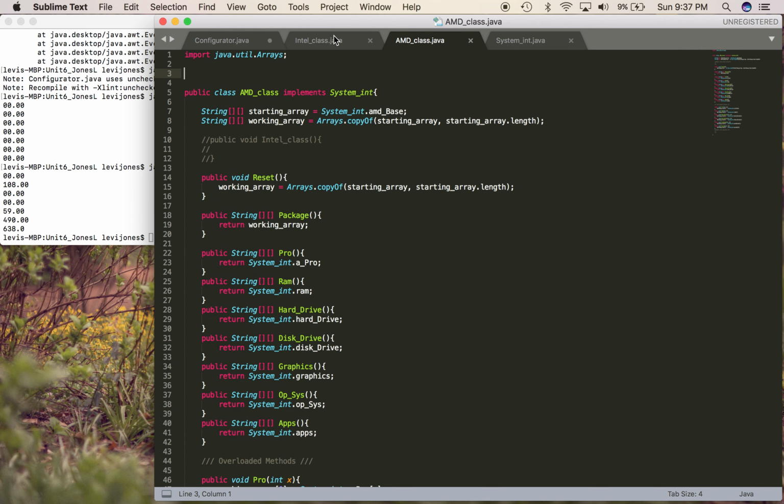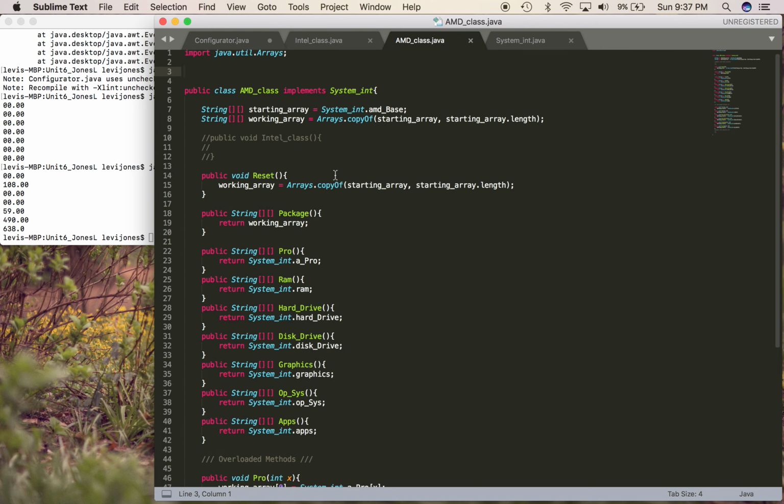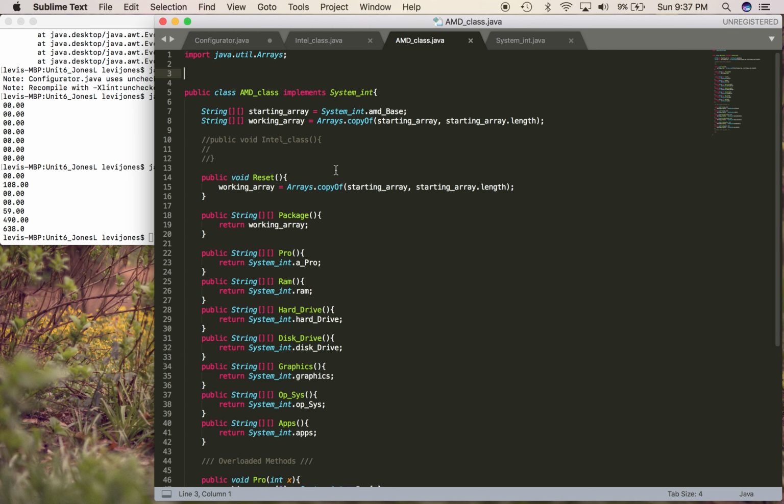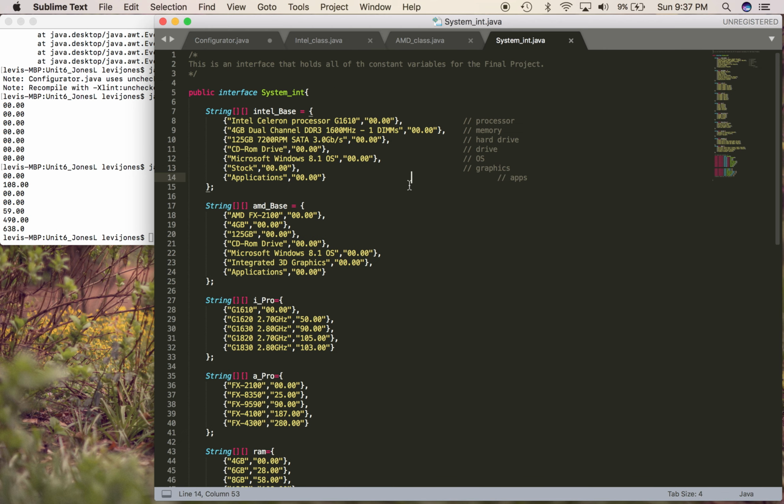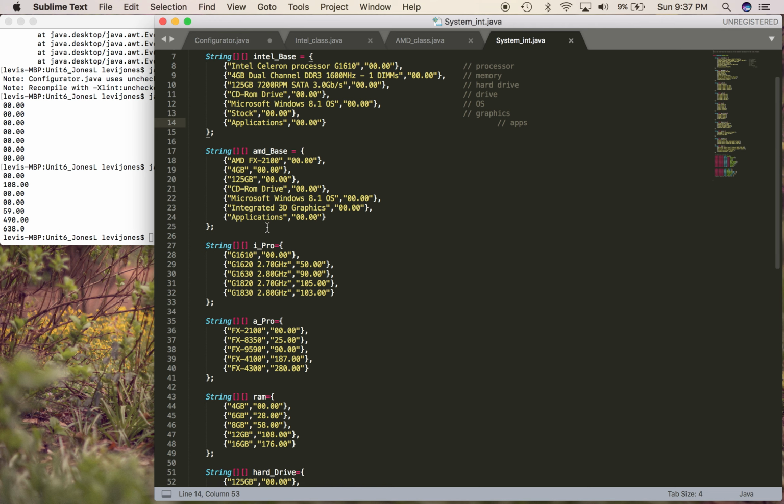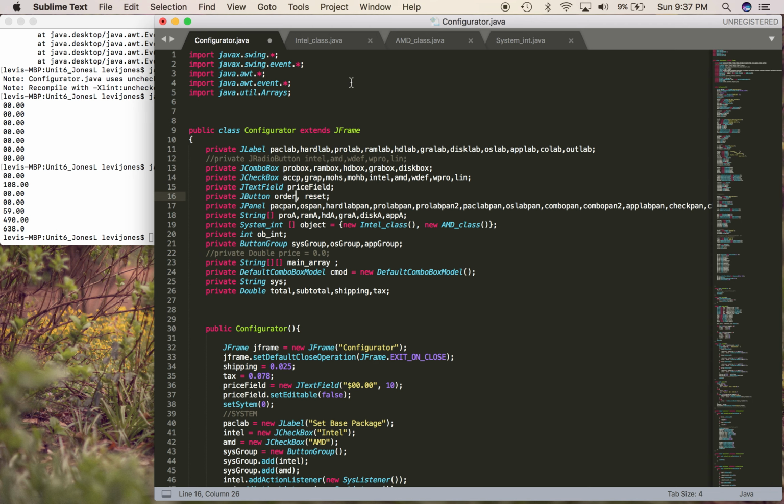So these two classes are identical in the way everything is named. That's just the way that I figured would be the easiest way to do it. That way I could even name them virtually the same thing and then just toggle between the two. And then here is where the differences are: here's the Intel base, the AMD base, and then the Intel processors and the AMD processors. And then how I ended up doing this,